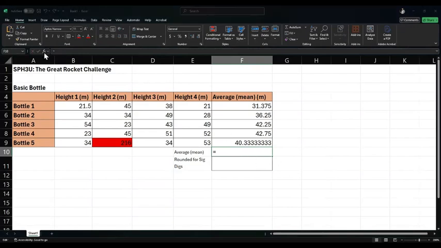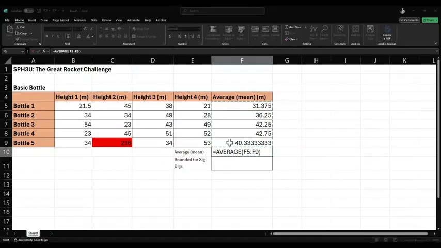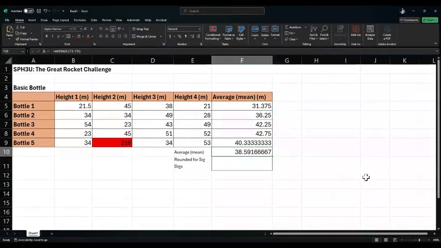Again, we'll go into our average. I'll say, okay, yeah, I want to do an average. This time I'm going to grab these numbers here. And I'm going to say, okay, let's do the average of them. Big, long number with lots of decimal places. Okay. Now, here's the thing. Before I get to any rounding off, I'll say,